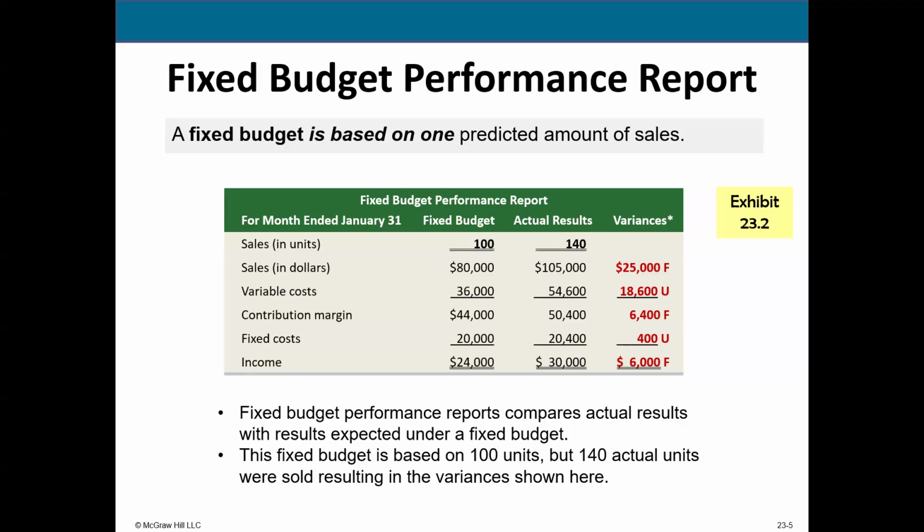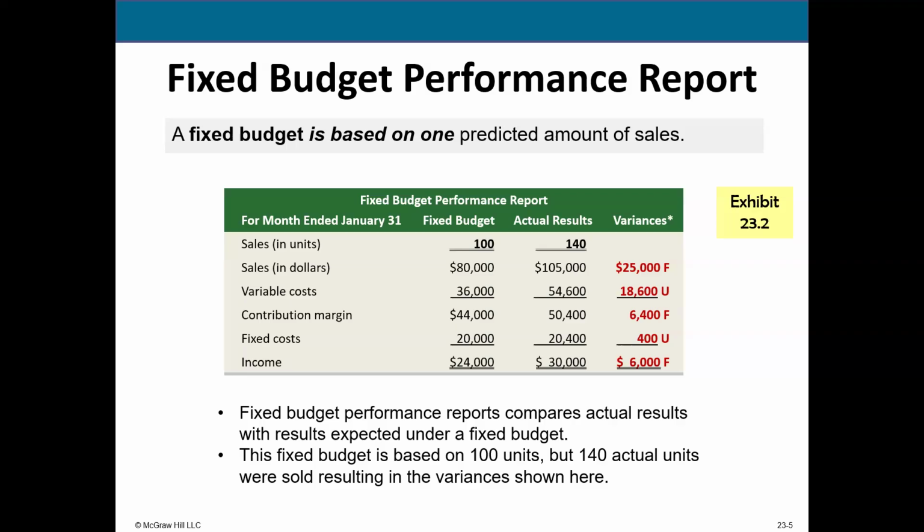Contribution margin, that's a good thing. Contribution margin is higher than what's expected, favorable. Our other fixed costs, slight difference, $400 here. Something must have changed. Maybe we paid an employee a little bit more than we should have, or we used more of something. Maybe the rent changed, maybe our insurance went up, whatever. And so that's unfavorable, $400, because anytime your expenses are greater than the budgeted amount, that's unfavorable.